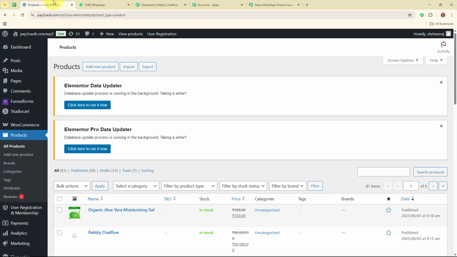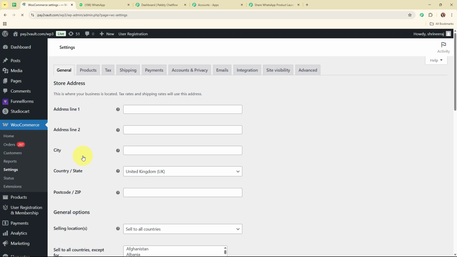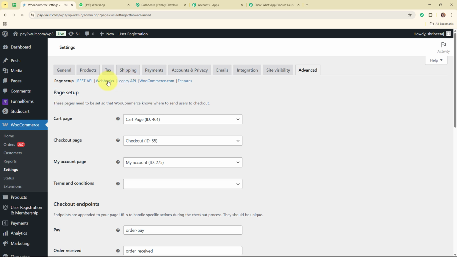my WordPress account. So as you all know that WooCommerce is a plugin of WordPress, and here I've already installed my WooCommerce account over here. So now here to set up a webhook inside my WooCommerce, you need to click on the settings. And then here under settings, you need to select this advanced option. And here under advanced, you need to select this webhooks option given over here.